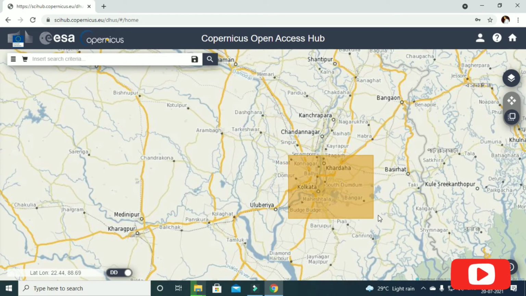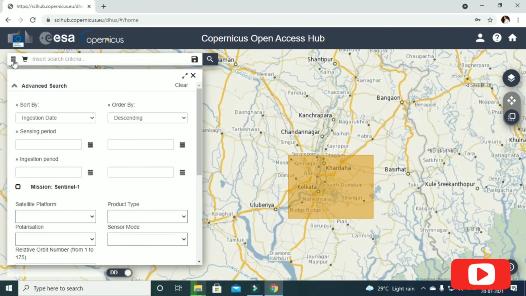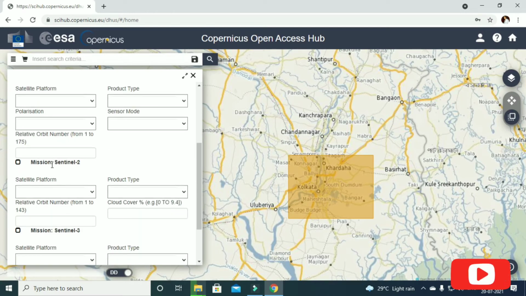Just drag. After selecting the area of interest, you have to go to that 3 dot, and in this area you have to select the product type. You have to select Mission Sentinel-2, and in product type you have to select S2MSI2A, and cloud cover.